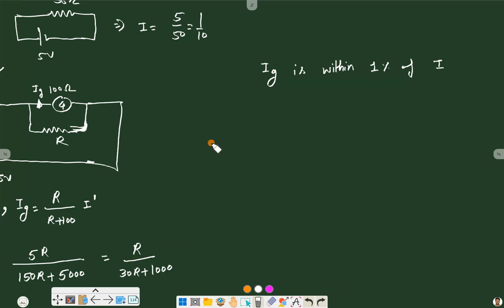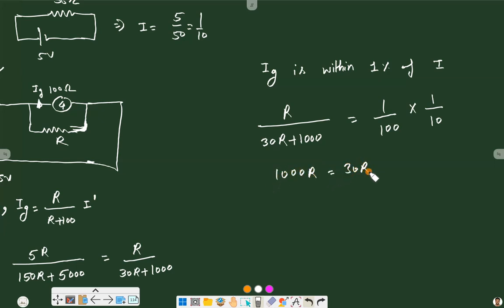So this current Ig, that is R by 30R plus 1000, is 1% of this. We can say 1% will be 1 by 100 of I, and that value of I is 1 by 10. So solving these, we will get 1000 R is equal to 30 R plus 1000, and from this 970 R